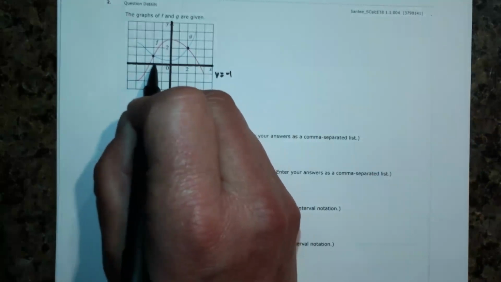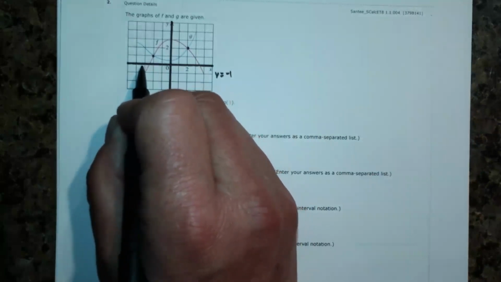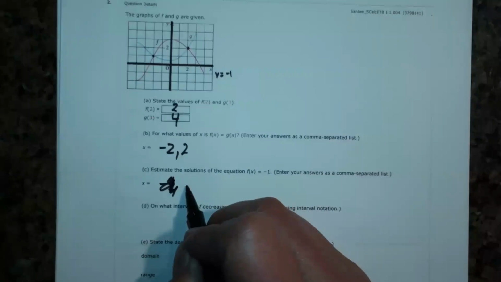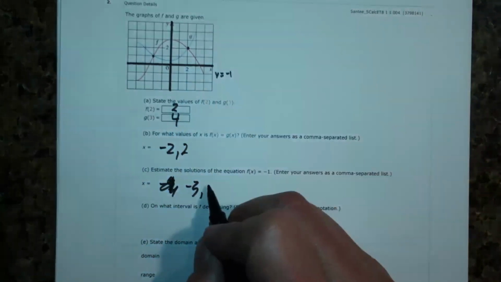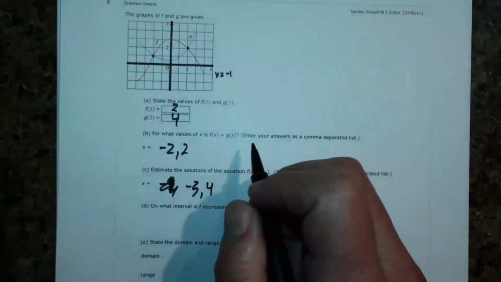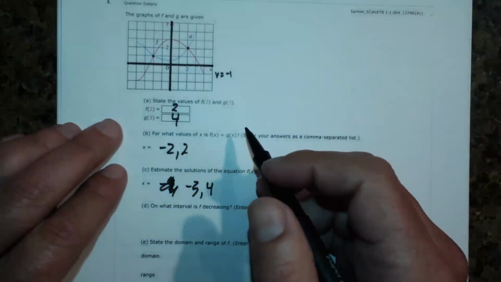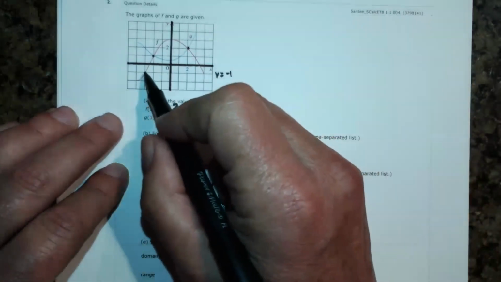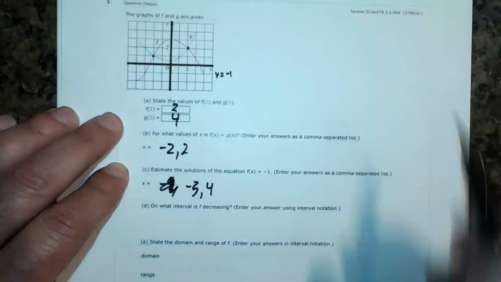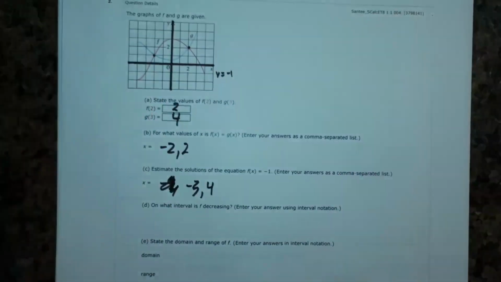And so it looks like we're crossing here at x equals negative 1, 2, 3. So negative 3. And we are crossing negative 1 way over here at 4. Negative 1, and we're at 1, 2, 3. Negative 3, yeah. All right. On what interval